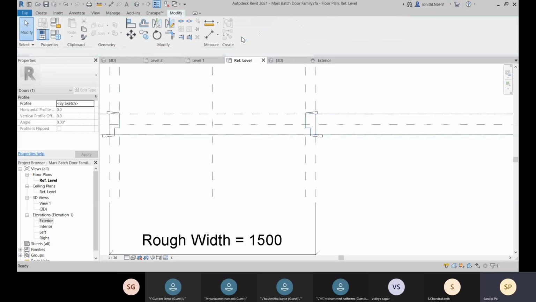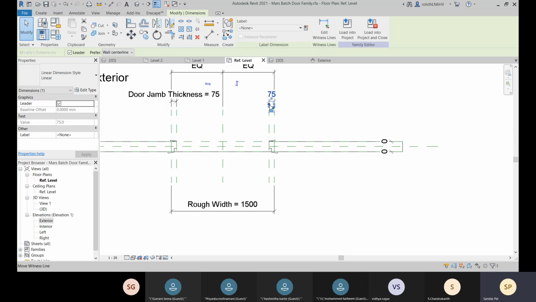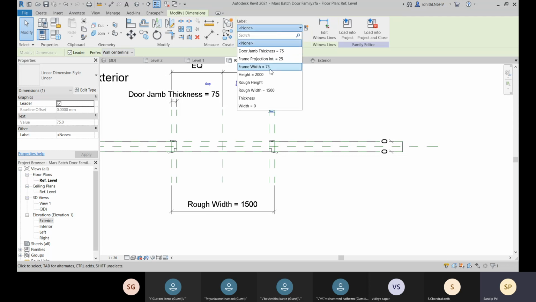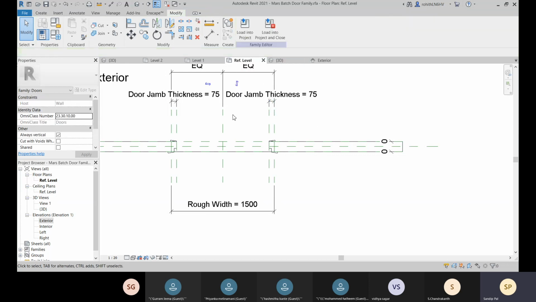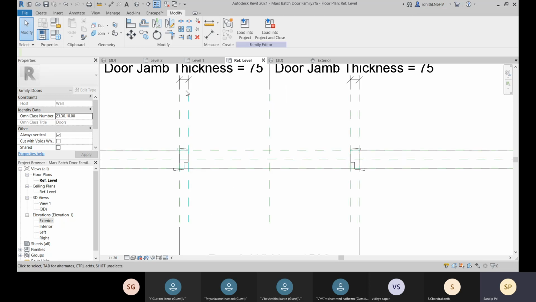Let's finish this, and because this is applied to this one, I'll choose this, and let me apply door jamb thickness. So it is one-sided enough. You can apply this also, apply to this also, it will be reflected like that. So from here you can lock it to this, and to this you can lock it. Okay,